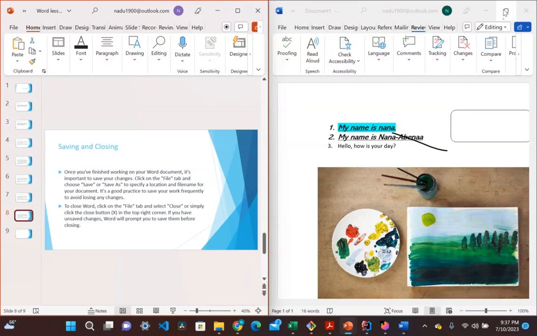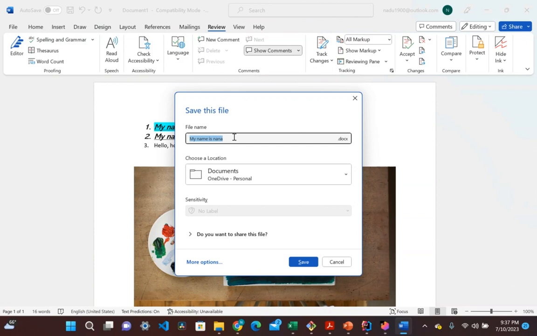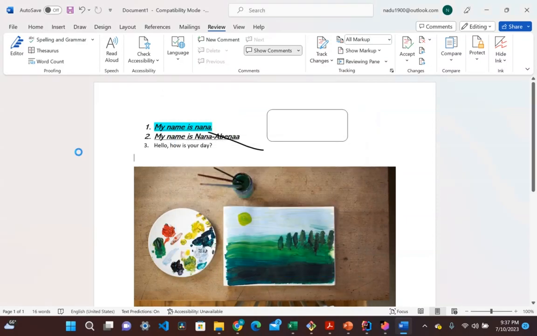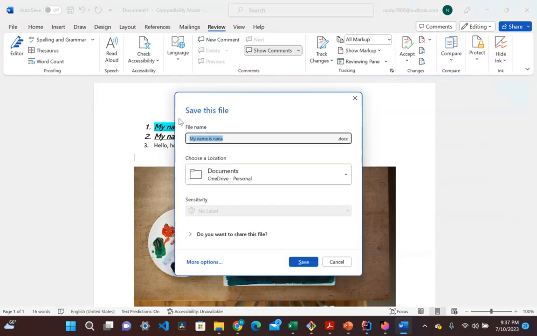And now the only thing left is how to save and close out of Word. So what you would do to save is either click this pink button up here, in which it would save it as whatever name you would like. Choose a location, click save. It has problems with the title, so let's call this Nana. And